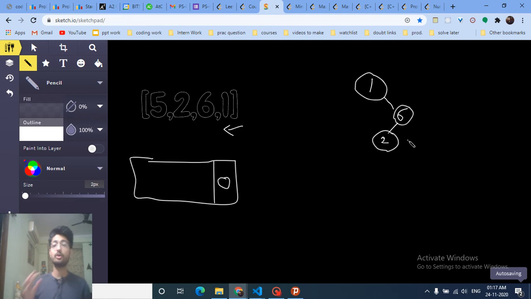So what you can observe in this problem is, whenever I'm inserting some element, and I'm going to the right side, then all the elements on the left side compared to this element are smaller, obviously, because every element in this subtree, let's assume I inserted 4, so 4 is also here only.